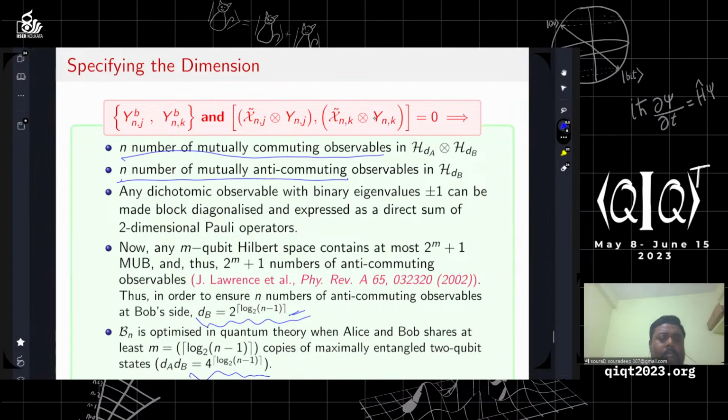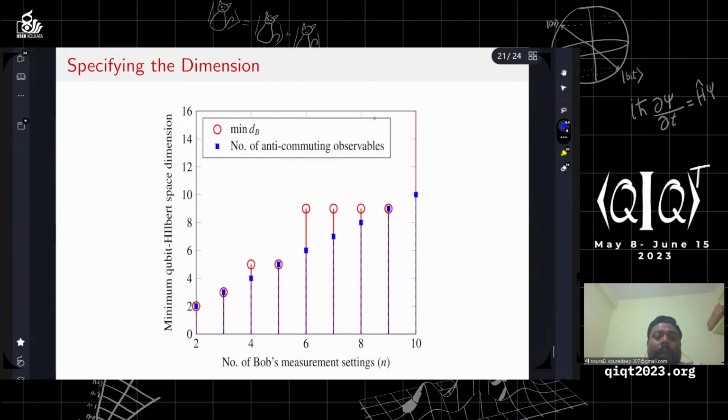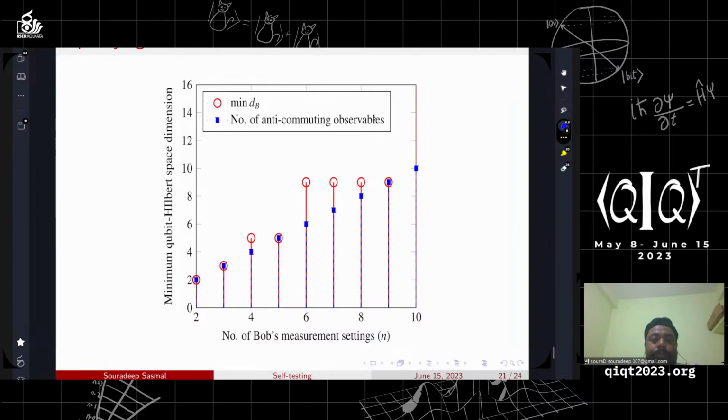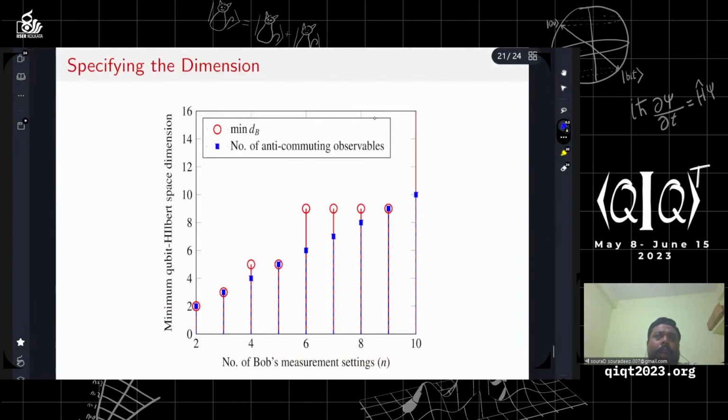And since there is a very famous result by Brunner that 2 copies of the maximally entangled state is basically equivalent to 1 copy of the maximally entangled QIQT state, in that way we can say that a certain number of copies has been self-tested to have the maximum violation. Here we have plotted the number of Bob's measurement settings and the minimum qubit Hilbert space dimension required to obtain the optimal violation. And we see that if Bob has n measurement settings, basically floor m by 2 copies can